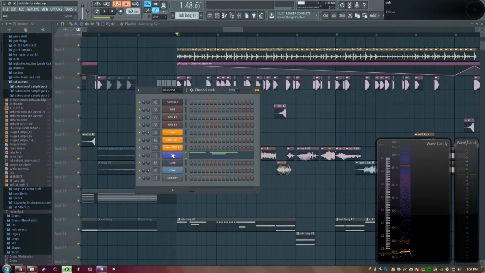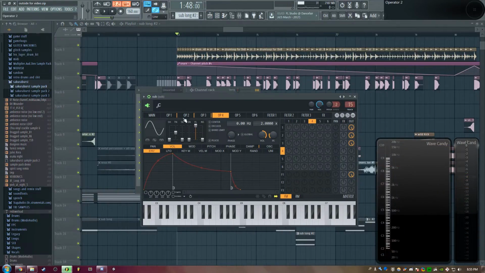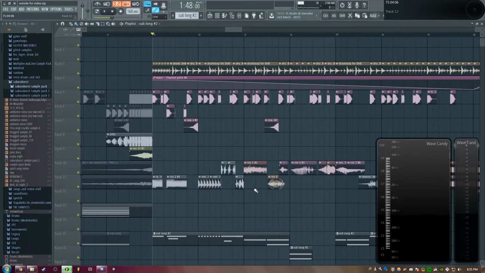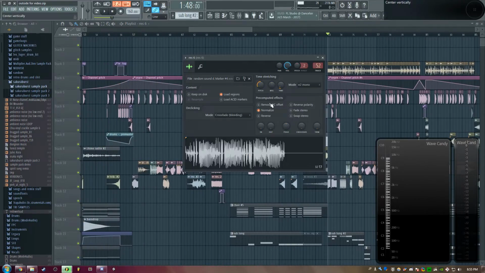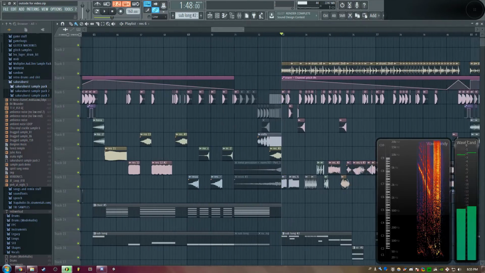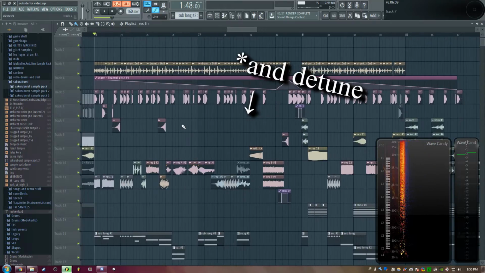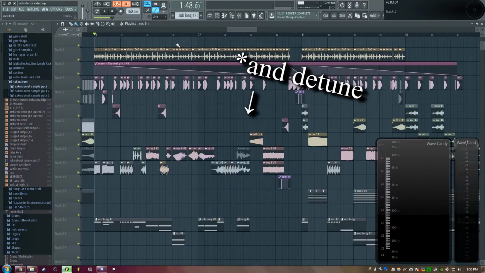And also I should mention that this sub is basically just a sine wave, and it's got a bit of attack on there. Yeah, then again we've got just tons of resampled things. Again, this one we already saw in the first part of the drop, which is this thing. And yeah, then again here,